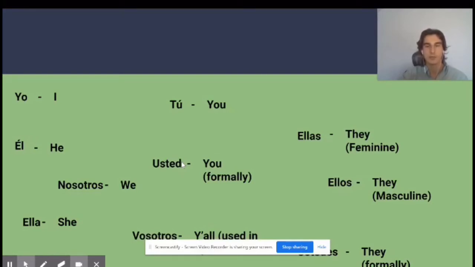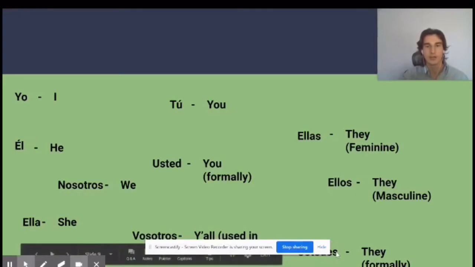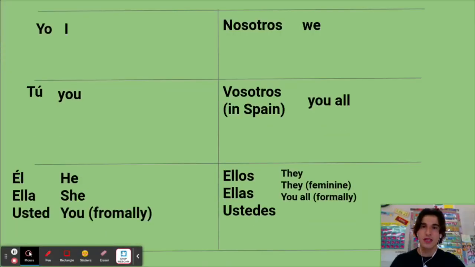If I were to refer to my professor, I would use usted. If I was to refer to a group of politicians, I would use ustedes, because I don't know them personally. Because there are so many indirect object pronouns in Spanish, and because we want to avoid having 10 different conjugations per tense, per verb, we actually group these indirect object pronouns into conjugation groups, sort of, based on their point